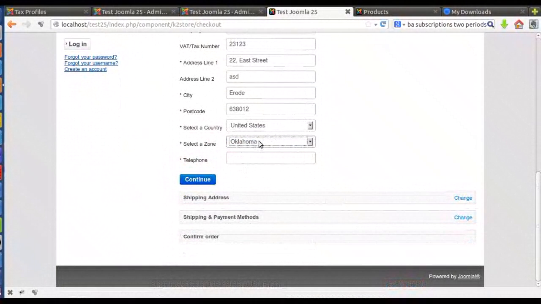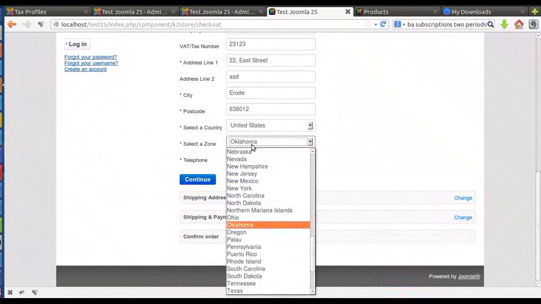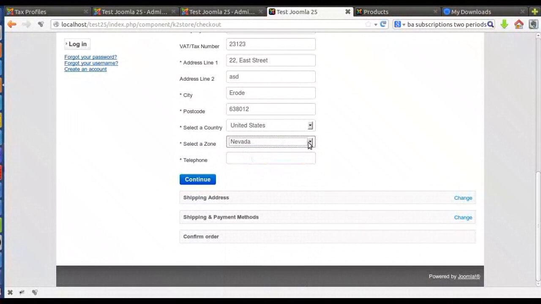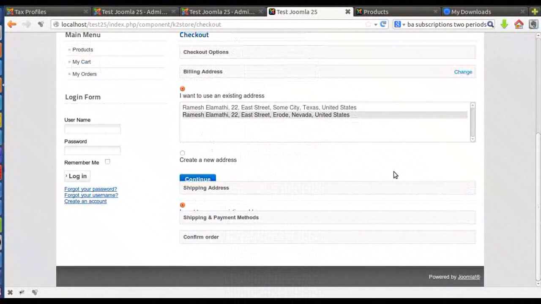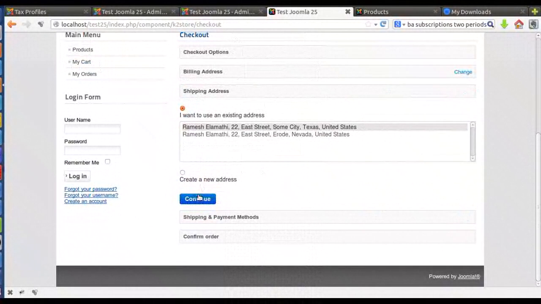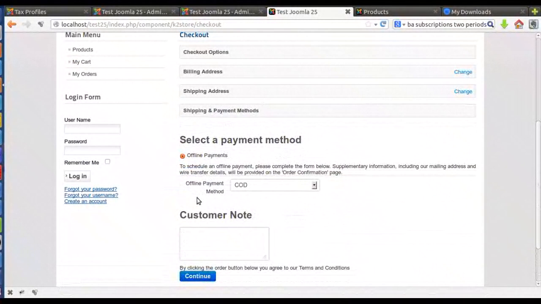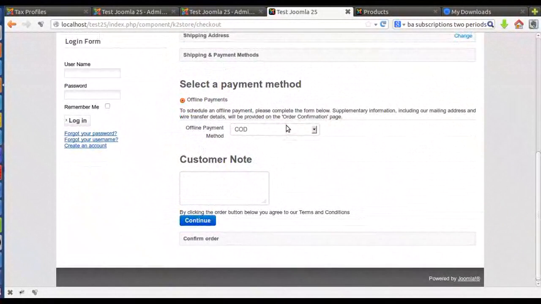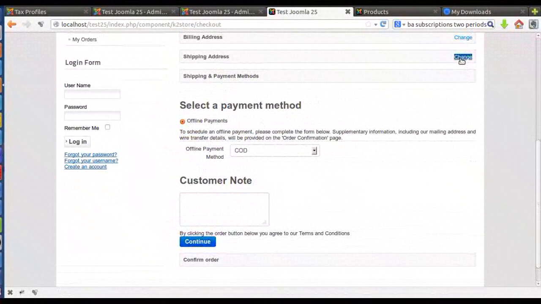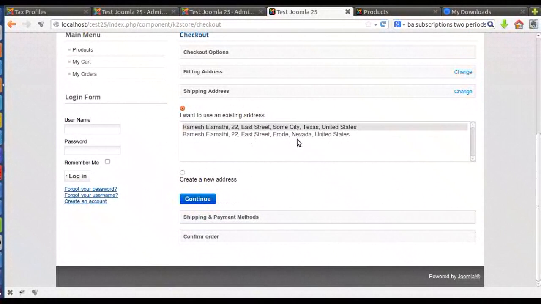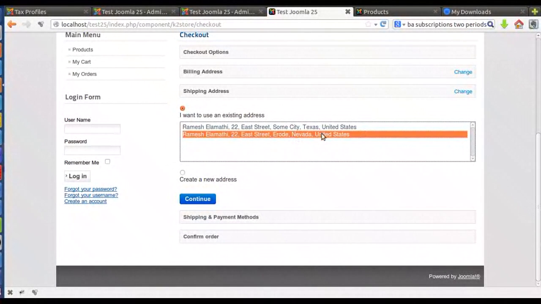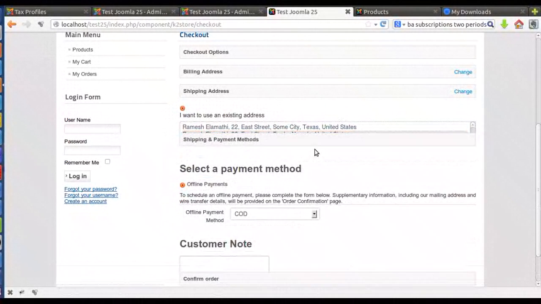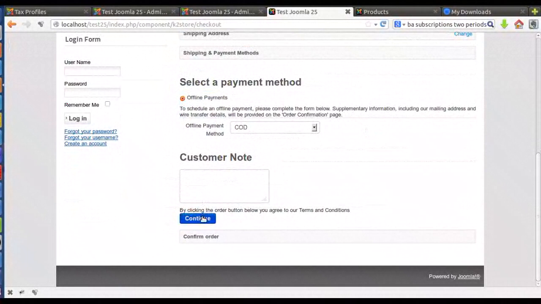So I'm going to choose Oklahoma. Let's say Nevada. And for the shipping address, you can choose anything. Okay, I'm just going to choose the same new address. So let's